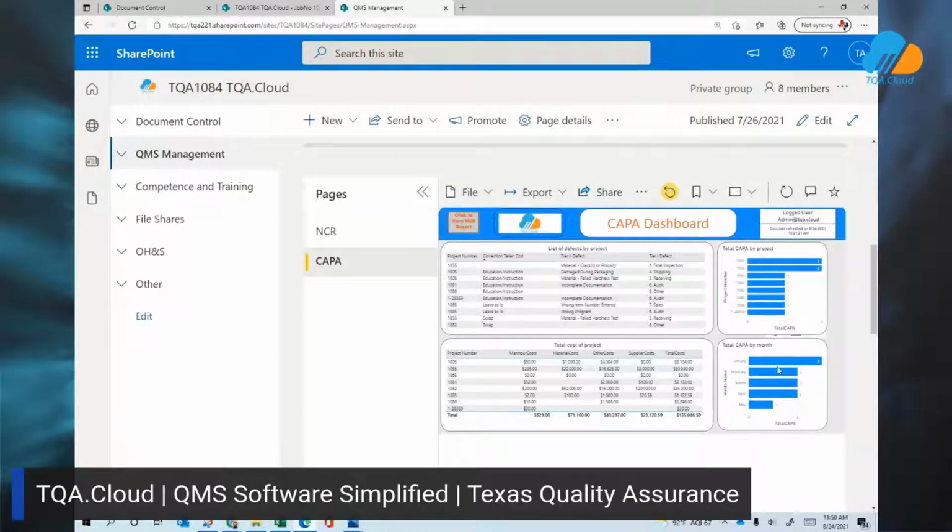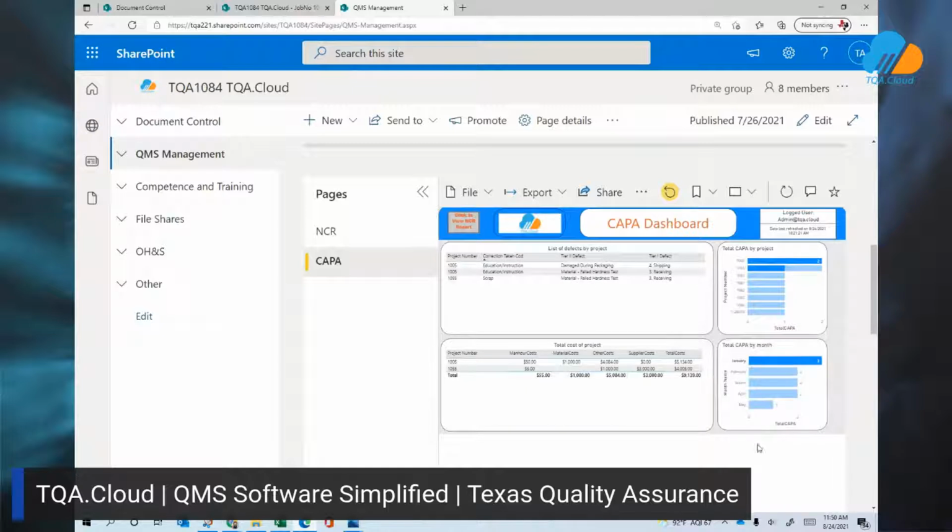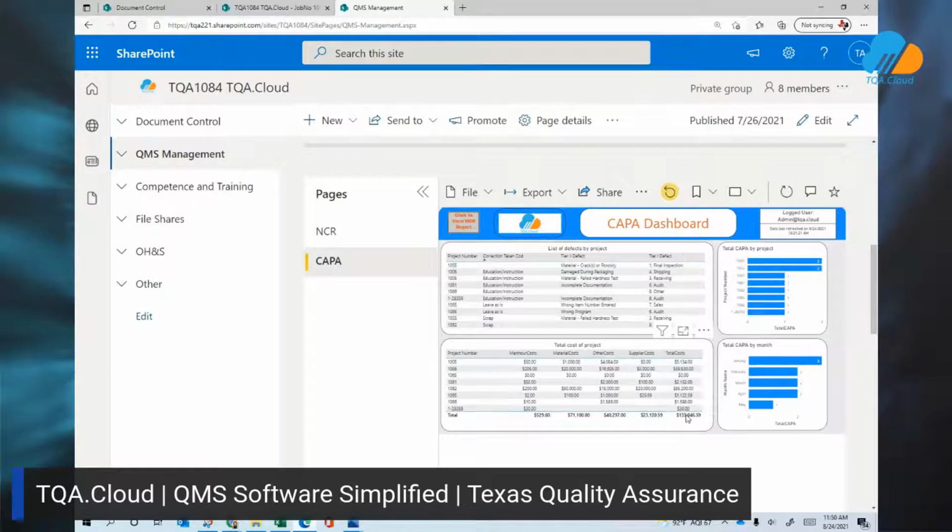Corrective actions is really quite similar. Let's take a look at a 1-month basis. Let's see what happened in January. It gives us the total for the cost of poor quality. So we know what our total man-hour counts were, the material cost, supplier cost, and our total costs. So it looks like cost of poor quality in January from corrective actions was about $9,000. So we get, again, all of that information here, pretty accessible.